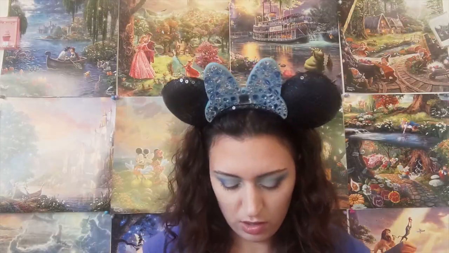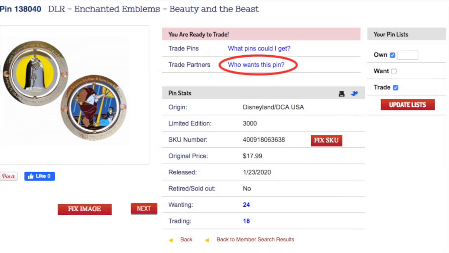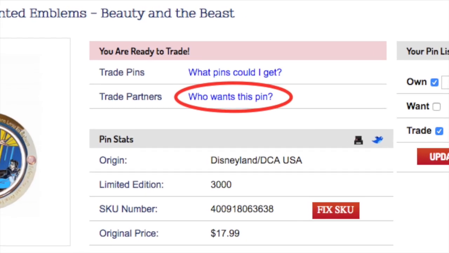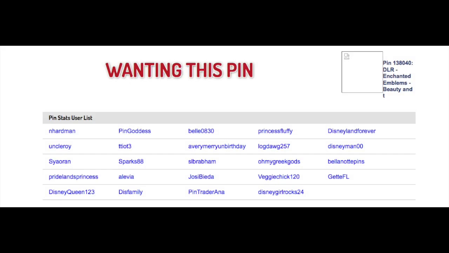Let's just say I have, let me just grab a random pin. Here we go. Okay, let's just say I have this pin in my collection up for trade. So I click on this, and then I can do, I believe, two things. I can either look for people that want this pin, so they for sure want it, and then when I do that, it will show me